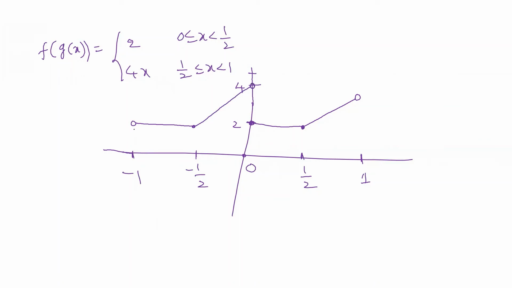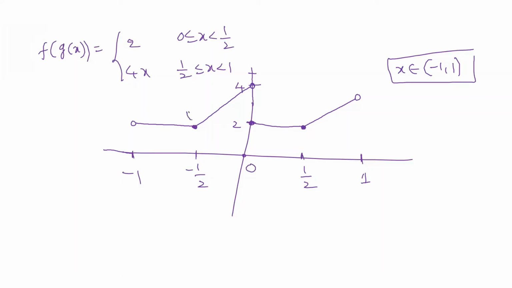So here I kept this one as open because our actual domain of f of g of x is going to be from minus 1 to 1. So that is why we are keeping this one as open here. So now from the graph you can directly see, these points are closed here and this point is open, this point is open, and this point is open. So we are doing interpretation only from minus 1 to 1. So now here directly you can see how many points are there.